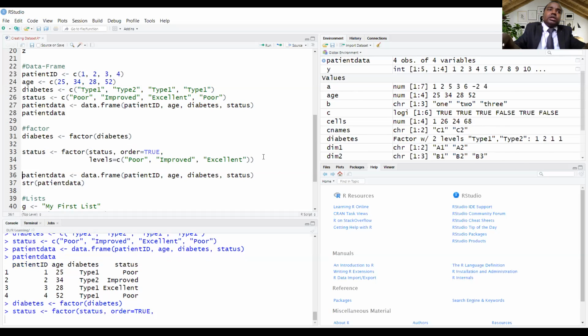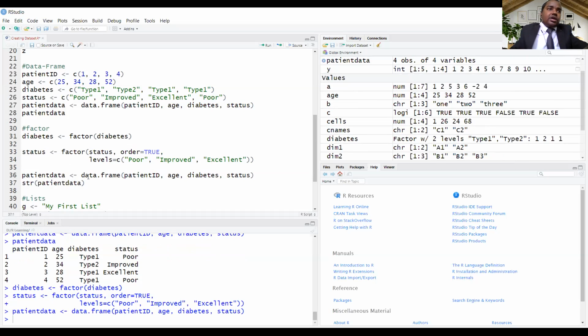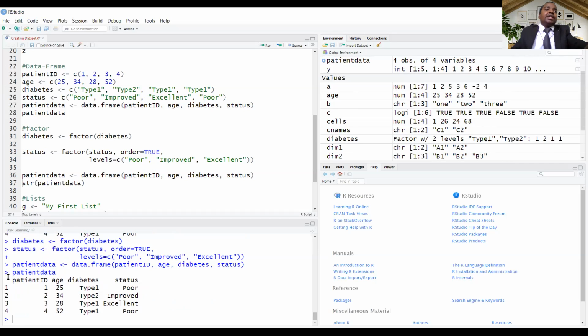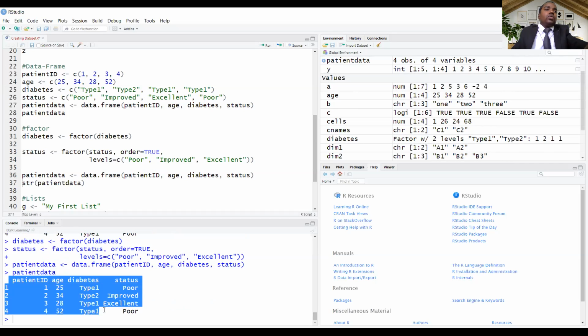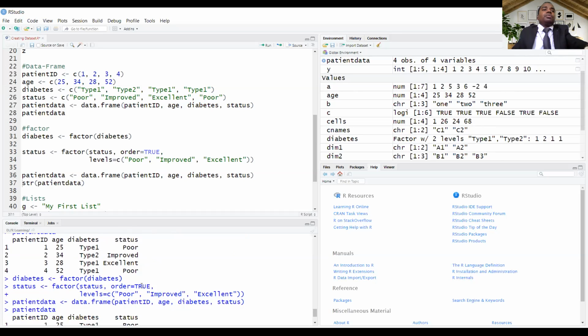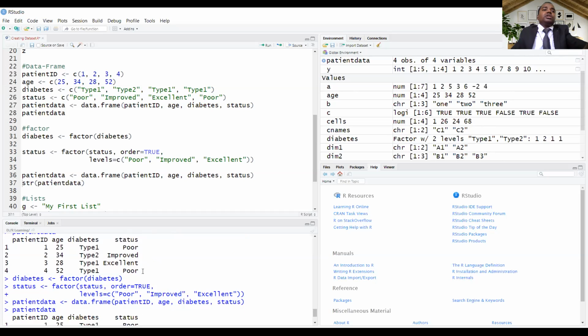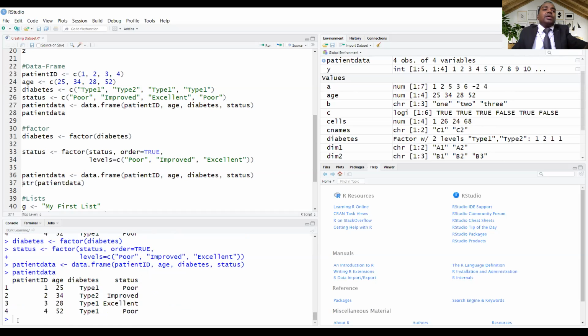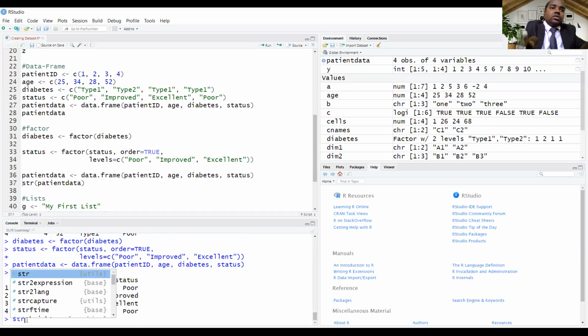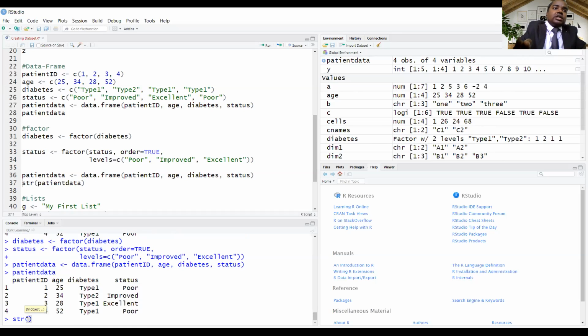Let's run it. So if we print this patient data, there seems to be no difference between our earlier output after converting the factors. But to see the information about these data types, what you can write is str, okay, bracket,